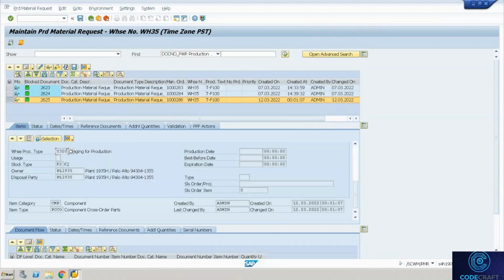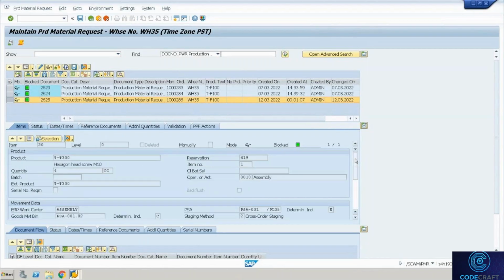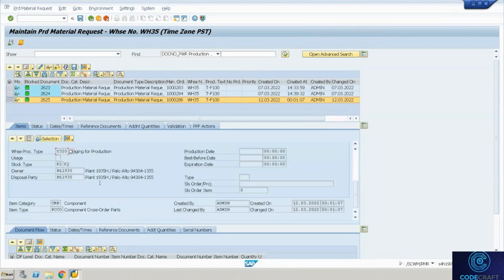We have a process type which comes from the PSA stage. The PSA bin comes from that PSA stage master data. So now it's similar to a delivery. Just as you create a task for a delivery, the system is going to create a staging task. So how you maintain a strategy, like for 1010 movement type or process type, pick from so and so area, similarly here for the Y20 process type, pick from so and so area, put away into so and so area. You have to do all those